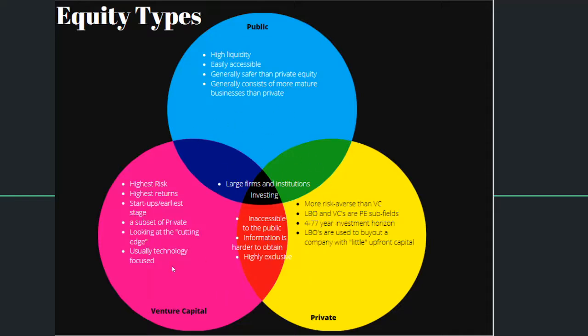So you can watch the slideshow back if you'd like to go over each of these individual sections, just to see what the similarities are. Here we have LBO. LBO means leveraged buyout. That's when a private company typically tries to acquire 100% of a company. They leverage themselves with a little upfront capital and they buy out the company.